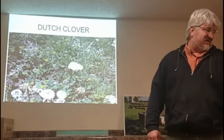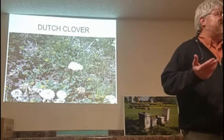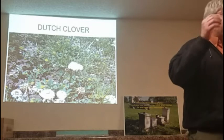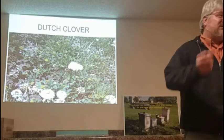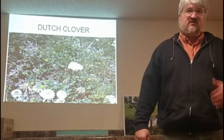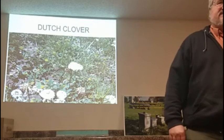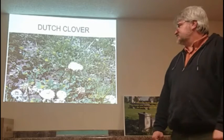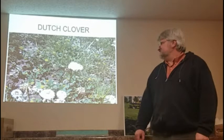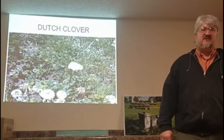Dutch clover, same thing. You about can't find a place that doesn't have Dutch clover in Iowa, unless someone's spraying to get rid of it. It's everywhere. Little white flowerets, my bees are all over that. It's really good to naturalize right into your yard, whether you're in town or have an acreage out in the country. It only grows about 4 inches tall,